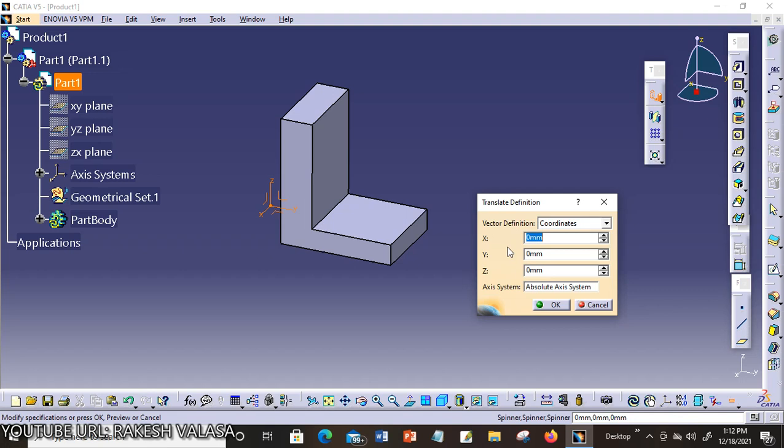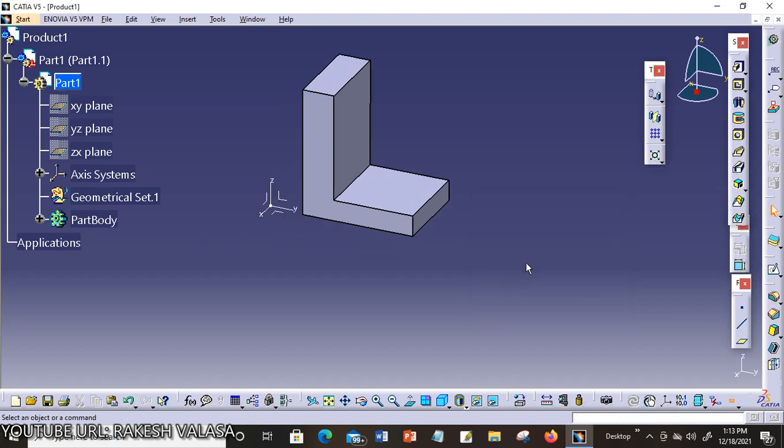Now you need to specify only the coordinates of the destination point where you have to place the body with respect to the default coordinates of the workbench. Now I'm giving the x coordinate as 20 mm, y coordinate as 25 mm, z coordinate as 35 mm. Now click OK. Now the pad design moves with respect to the coordinates, that means x distance, y distance, and z distance.